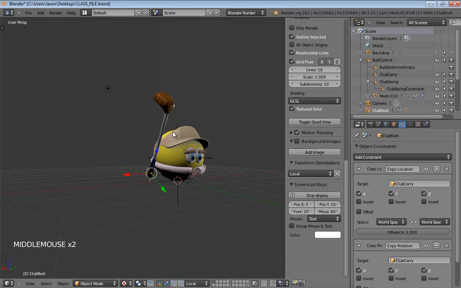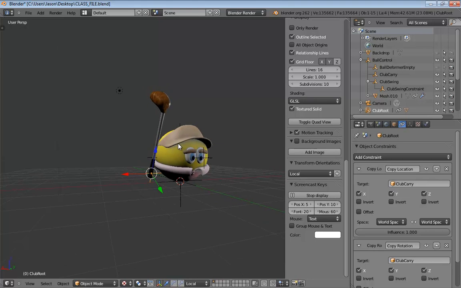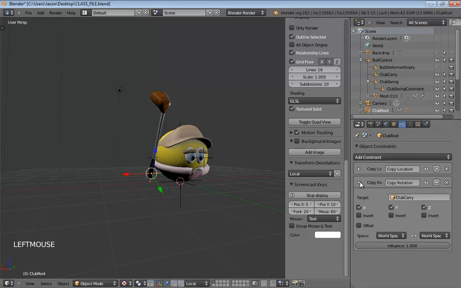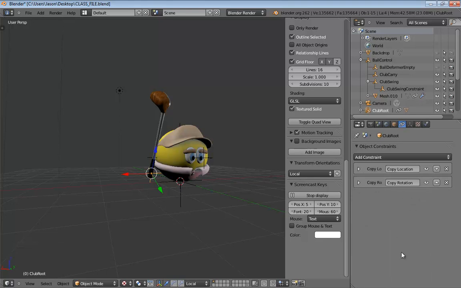All right, so that's our first constraint. Very nice, easy. Everybody's happy right now. Now it's time for things to get a little interesting. I'm going to minimize these UIs, so take the copy location, copy rotation, minimize them both, make them all nice and small. We don't really need to mess with these anymore. Now, with my club root still selected, make sure you have that selected if you don't.